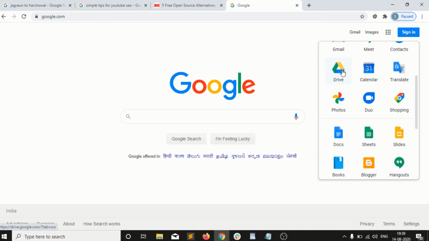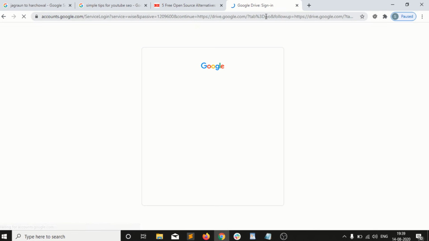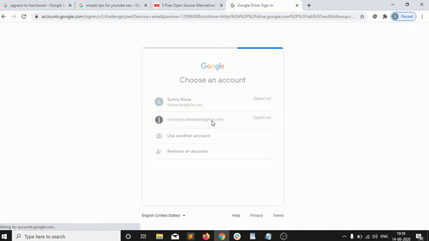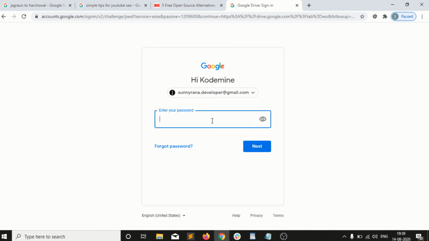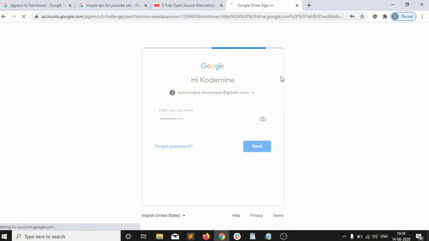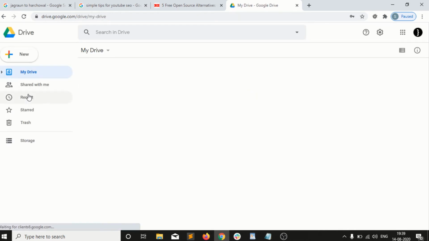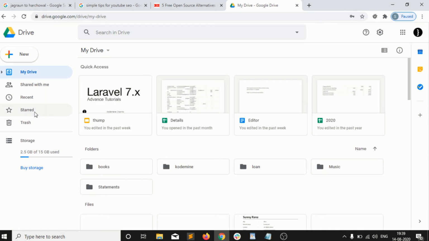Because in Drive we have an option to open Docs, Sheets and Slides as well. So I am opening up Drive. Here I need the user ID of my Gmail account, so I am going to log in with my email ID and put in my password. So I am logging into my Google Drive now. You can see here I am in my Google Drive.